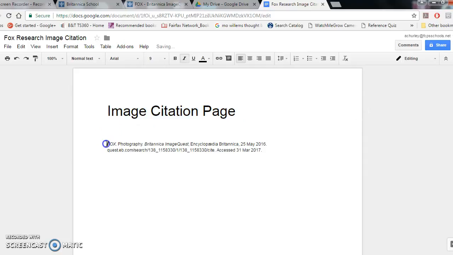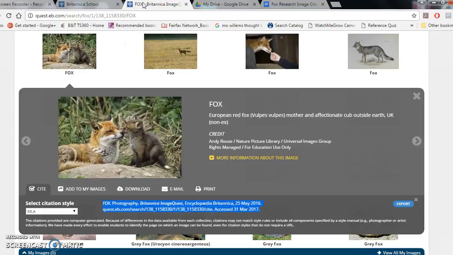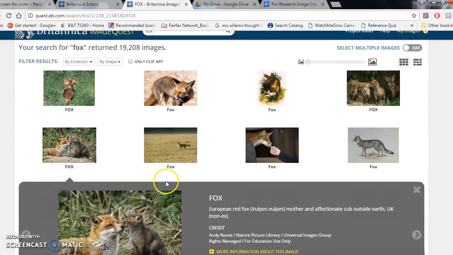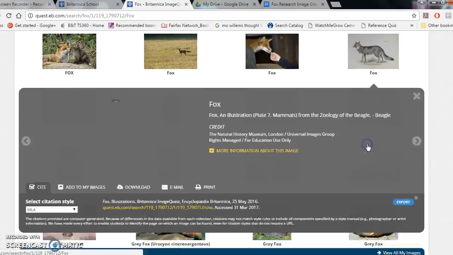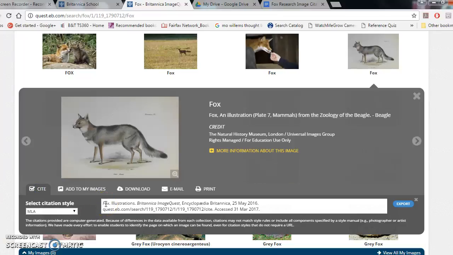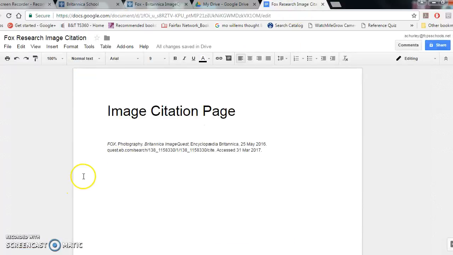Okay, so that it stands out. And then every picture I use, I would want to make sure that I give it credit. So let's say I also decide to use this one. Okay, notice I'm going to do the same thing. I want to make sure citation. So I'm going to copy that citation, put it over here, and then